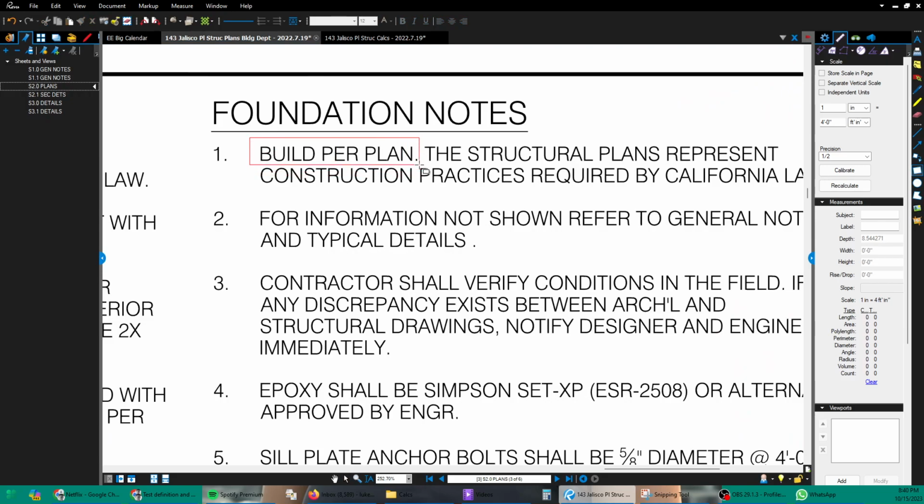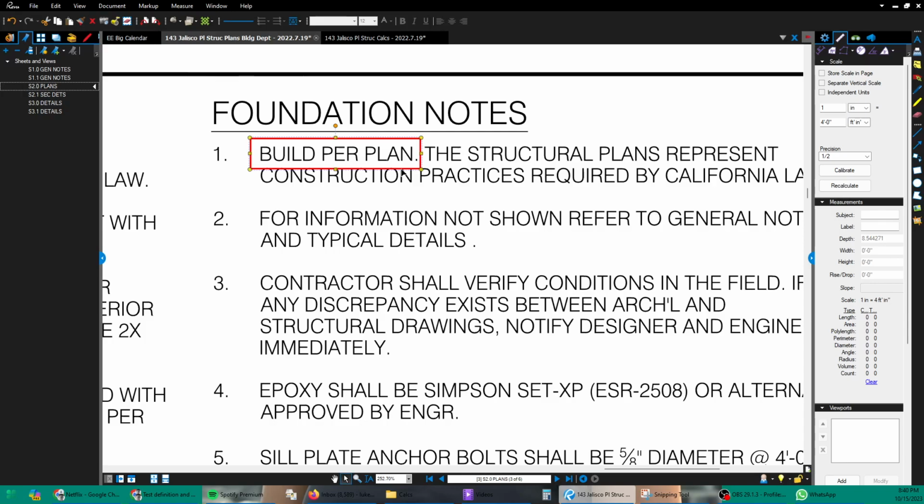I wouldn't think I would need to say this, but I have actually encountered contractors who actually think that the structural plans are a suggestion. That's not true. That is against the law. That's not how anybody sees it. Architects don't see it that way. Building department officials, engineers, clients, lawyers, judges,